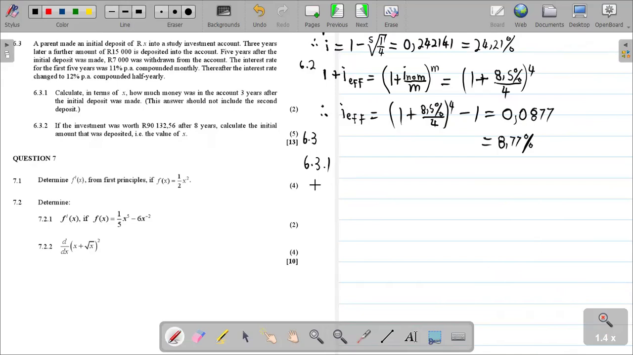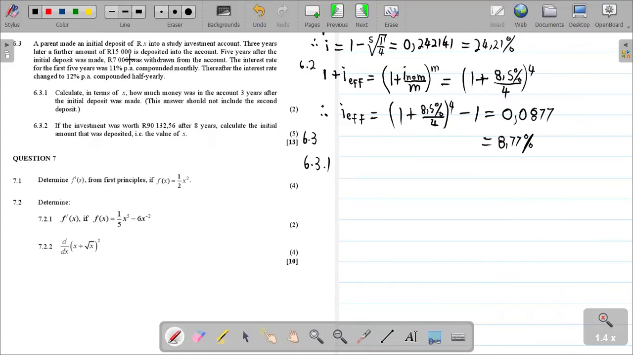And then 6.3, okay? 6.3 here, they say a parent made an initial deposit of Rx into a study investment account. 3 years later, a further amount of 15,000 rand is deposited into the account. 5 years after the initial deposit was made,